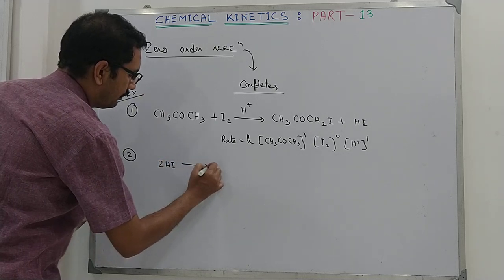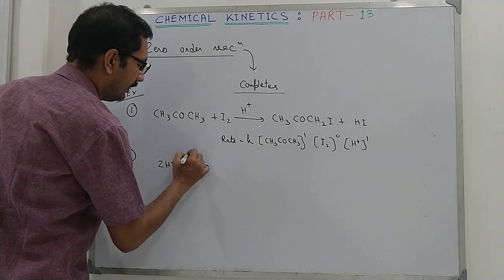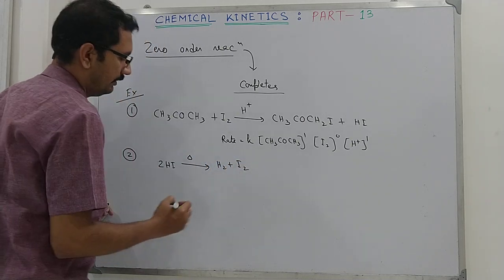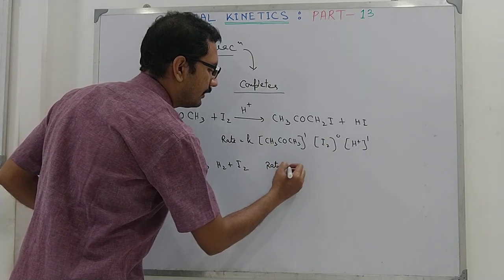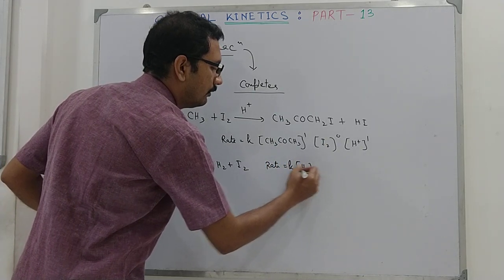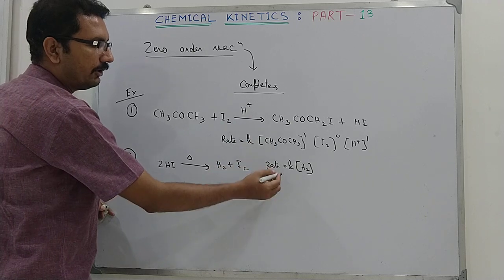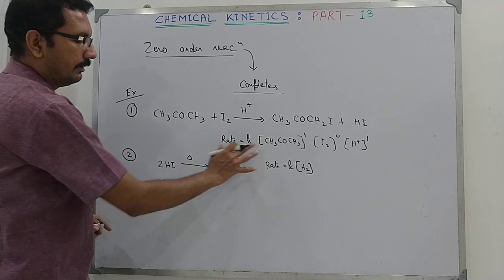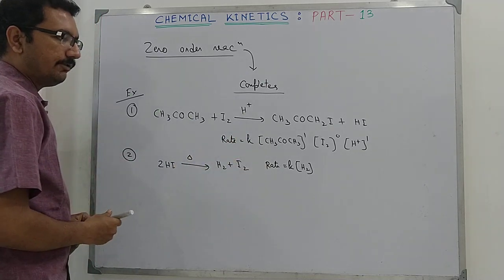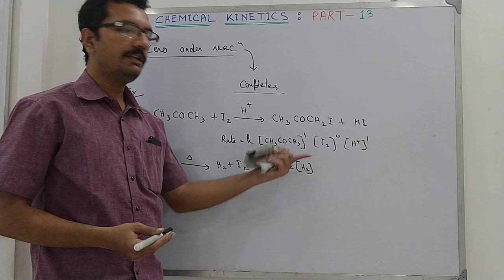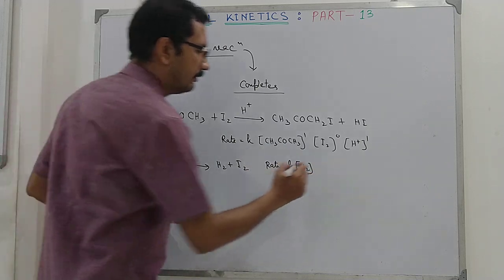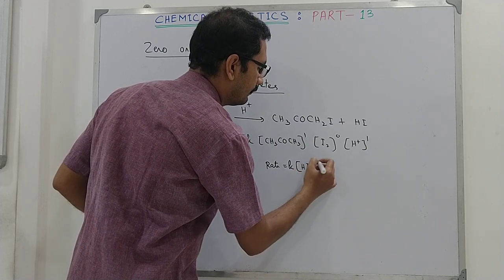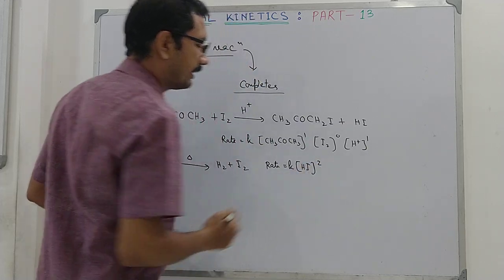If we decompose HI applying heat to form H2 and I2, it will give us the rate equation. All this I am talking about are experimentally obtained rate equations. Theoretical rate equations are meaningless. You first get the experimentally obtained rate equation, then you construct a theory that gives you the result. We get this to be a second order reaction.